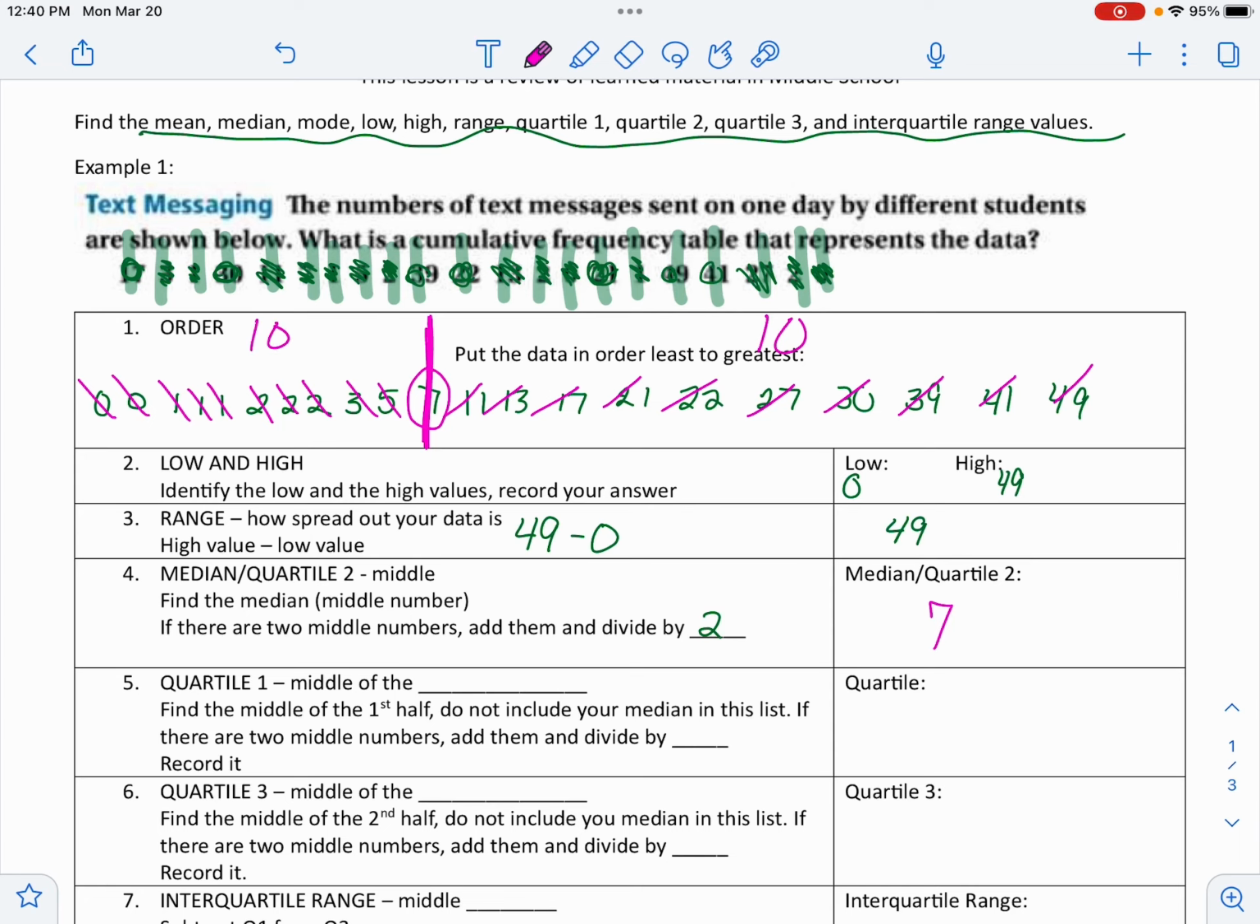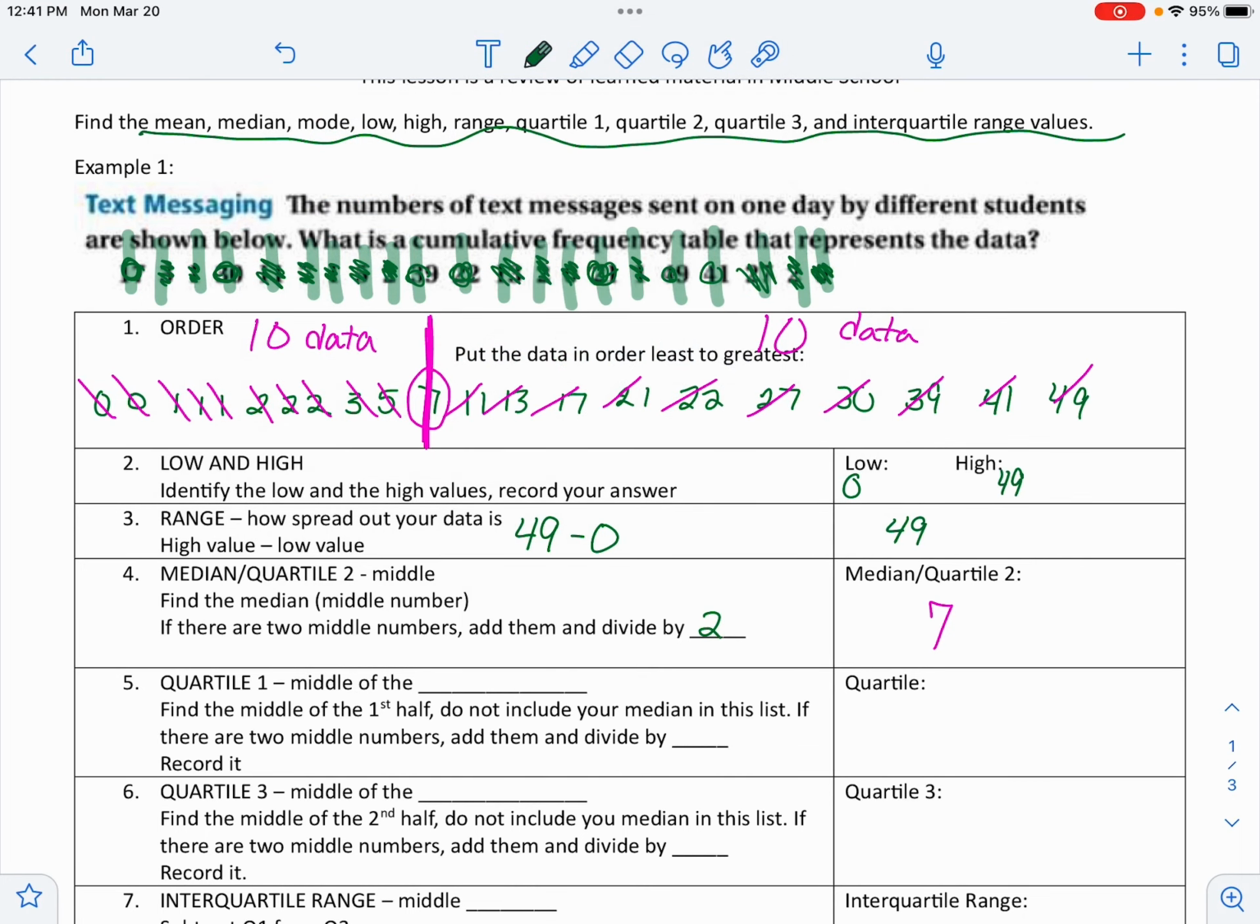I'm going to actually write data. There's 10 pieces of data over here, and there's 10 pieces of data over here. Now, for quartile 1, we have to go back to the middle, and we have to